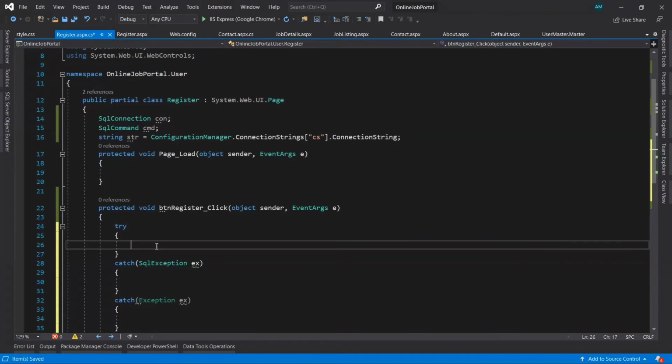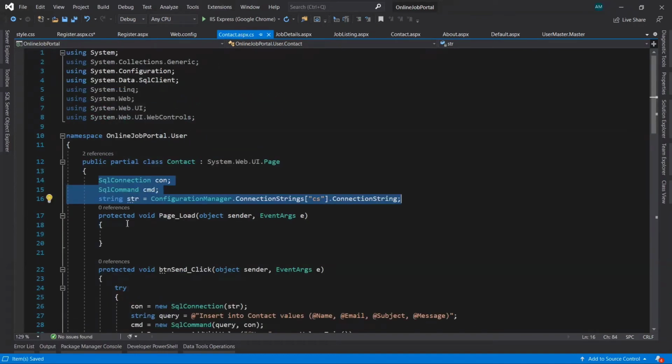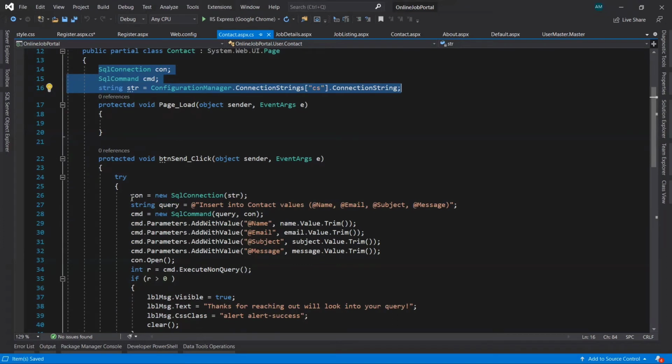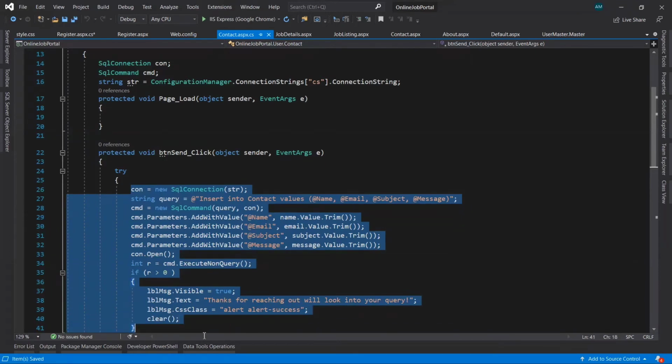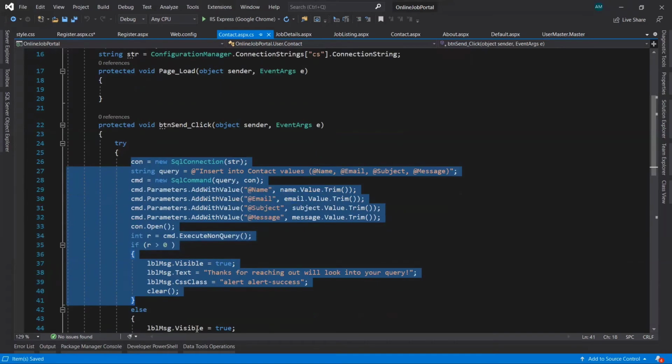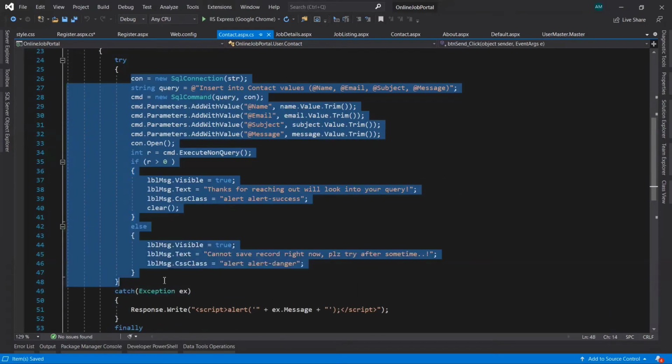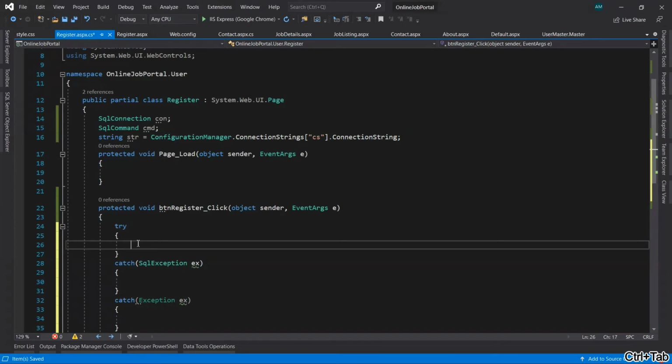But for that, first we'll take some code from here. Let's copy it and paste it in the try block.